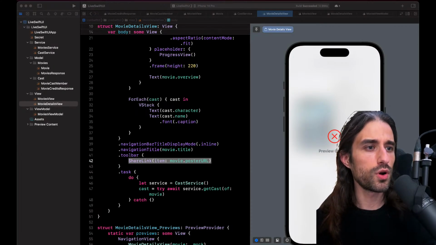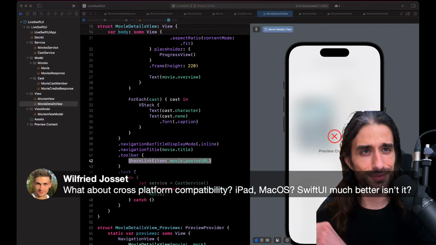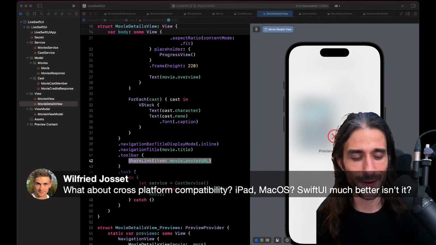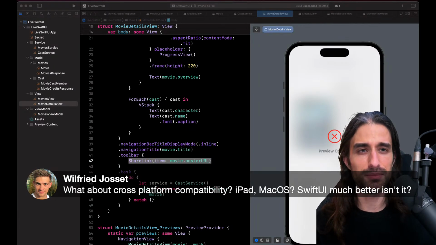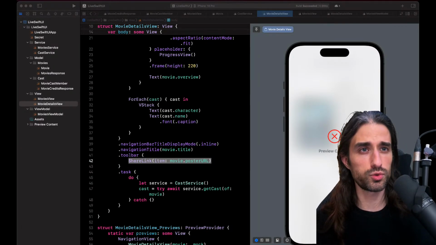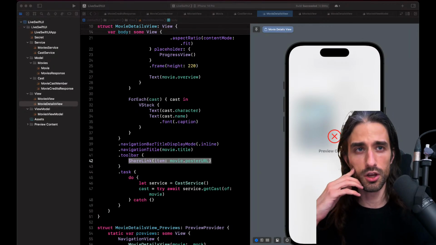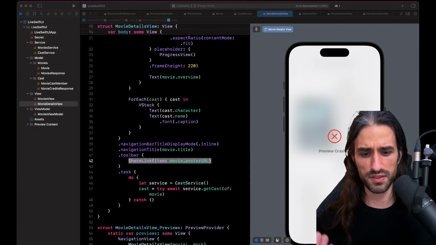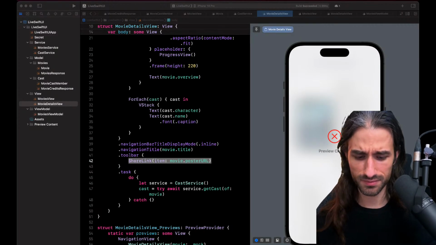And what about cross-platform compatibility? SwiftUI is cross-platform compatible. Of course, there are always caveats, meaning that, for instance, on macOS, from what I understand, it can be a little bit harder to use. Actually, Apple has some tutorials on SwiftUI, and some of them talk about how to share code between iOS and macOS, and they do it quite well. So I really encourage you to go check them out, because to get an introduction on the topic, I think they do a pretty great job.